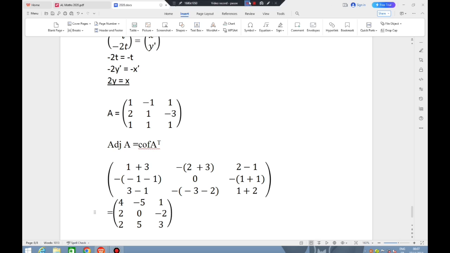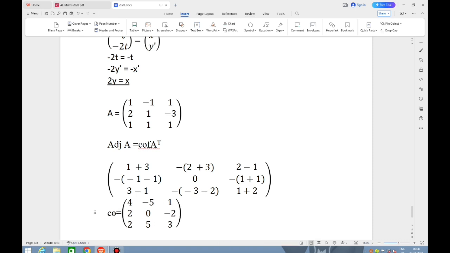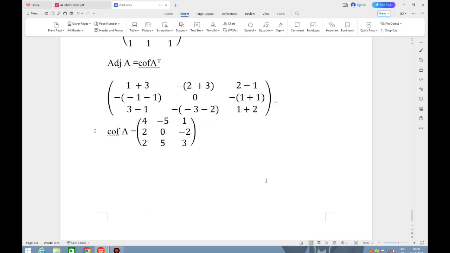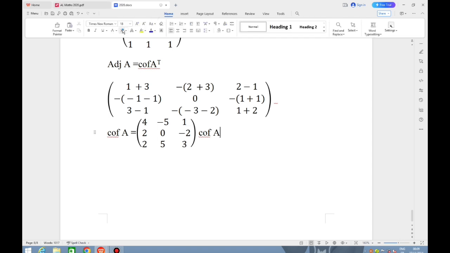So this is the cofactor of A. Now the adjugate of A is equal to the transpose of the cofactor. So the transpose of this, A transpose, is simply equal to